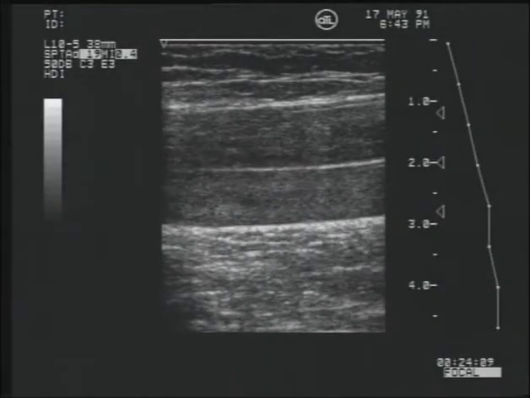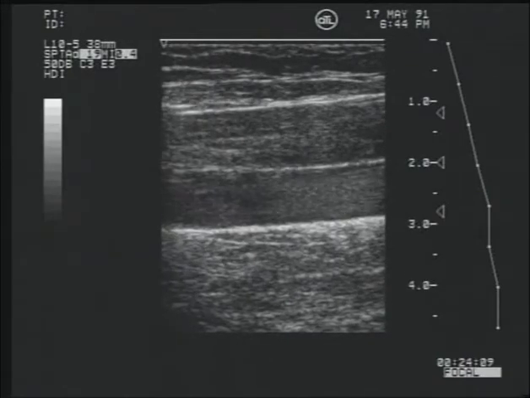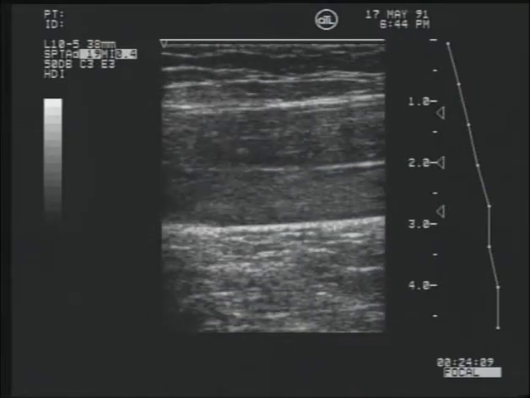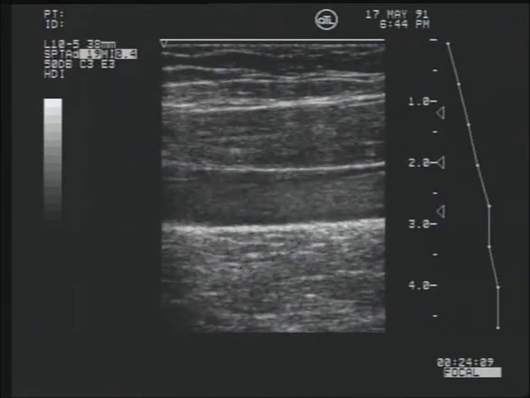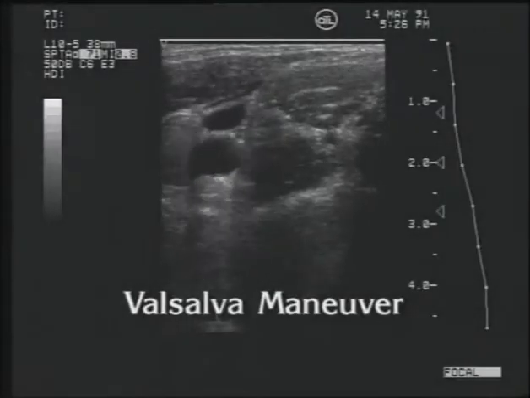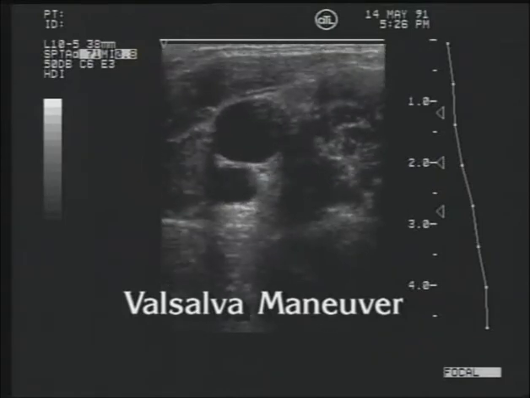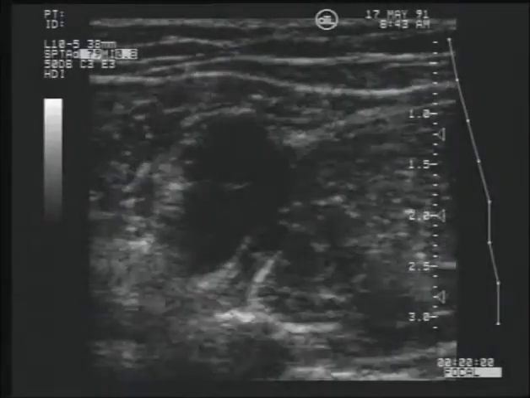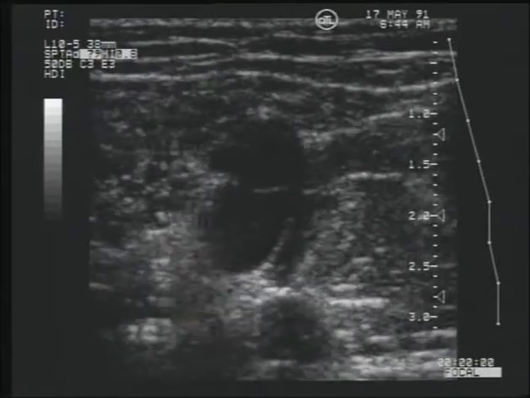Proximal compression is another factor that affects the size of the vein being imaged. If a section of vein above the level of the vein being imaged is compressed or kinked, blood flow stagnates and the size of the vein increases. Dramatic changes in vessel size also occur with the Valsalva maneuver, which causes the vein to increase to several times its normal size. The most important dynamic feature of a normal vein is, however, the fact that it will completely